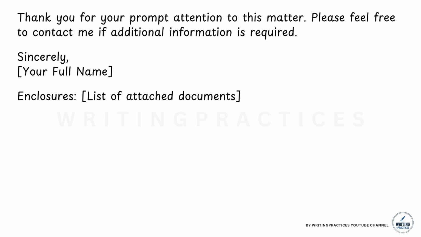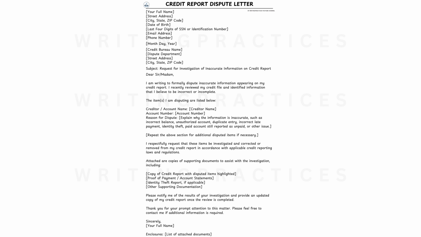Before we wrap up, here are some very important overall tips you should always remember when writing a credit report dispute letter. Always review your credit report carefully and dispute inaccuracies as soon as possible. Be factual, organized, and specific about each error. Include strong supporting evidence and keep copies of every document you send. Most importantly, monitor your credit report after the investigation to confirm that corrections have actually been made.